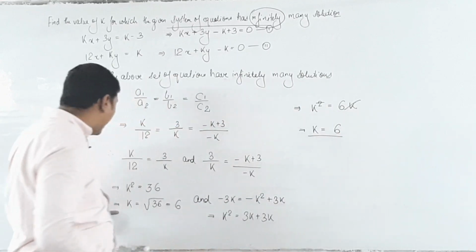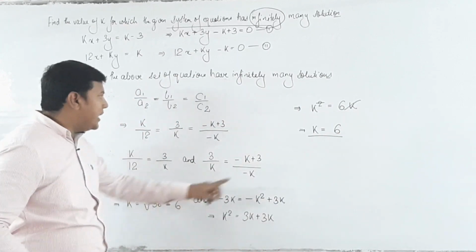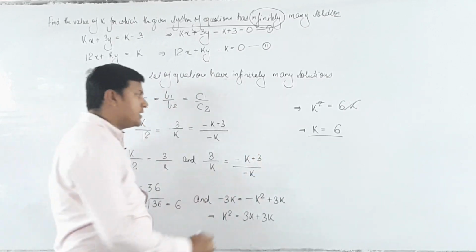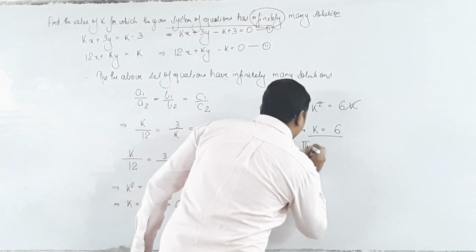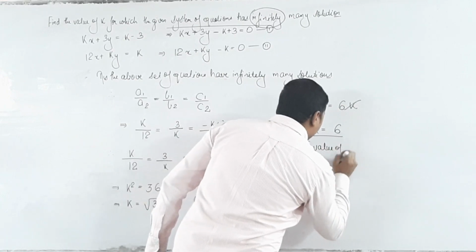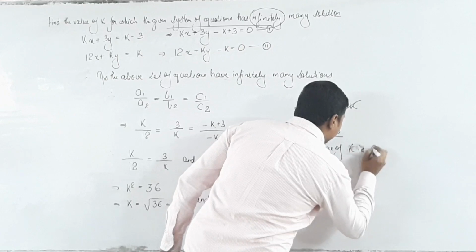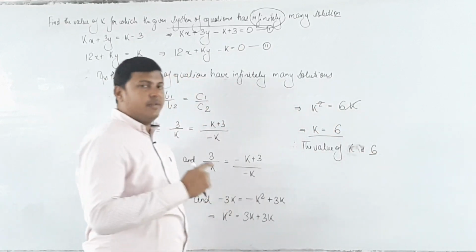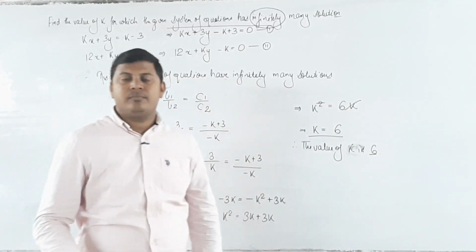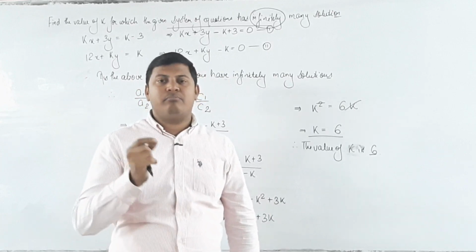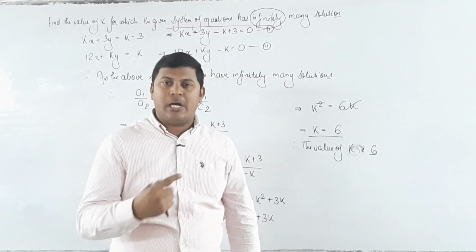I think we got the value of k as 6 in both the sets of solutions. Hence the value of k is 6. So solve the examples and exercise of 3D and send me the pic of your doubts as well